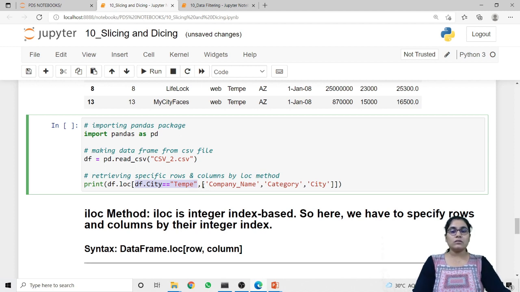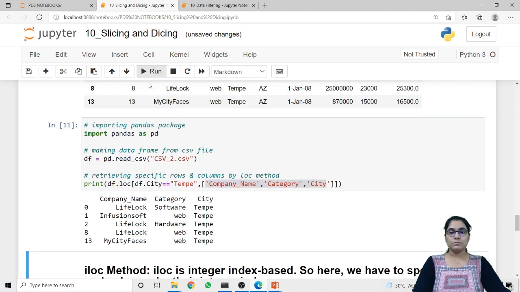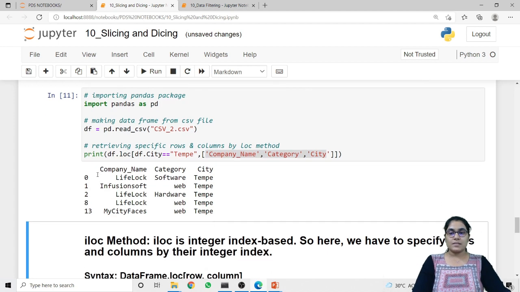But out of all this data, I just want to print company name, category and city. So I am passing the list of these column names inside my df.loc method. So let's run this code. So as you can see, I got 5 records in which the value of city is temp, and it returned me only 3 columns, that is company name, category and city.